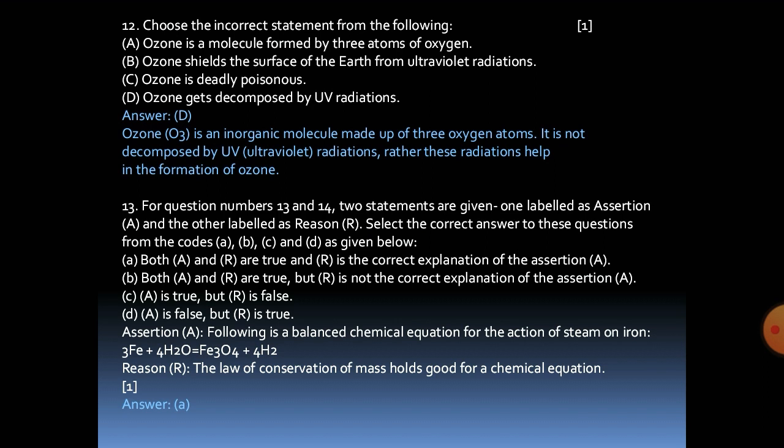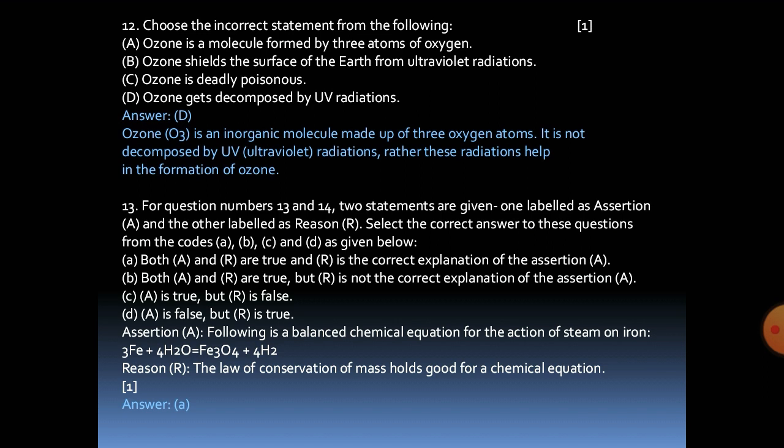So the next questions will be the 13th and 14th questions, which are assertion and reason based questions. You have to compare the assertion along with the reason, whether it is the correct explanation for the assertion or not. So the 13th question assertion is, following is a balanced chemical equation for the action of steam on iron. Reaction is given. Then the reason is also provided, like the law of conservation of mass holds good for a